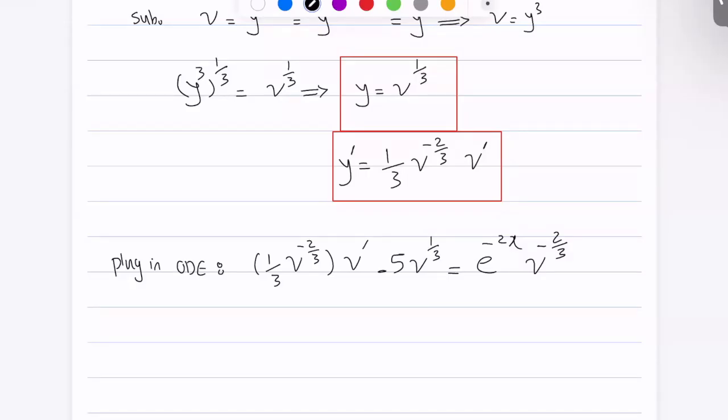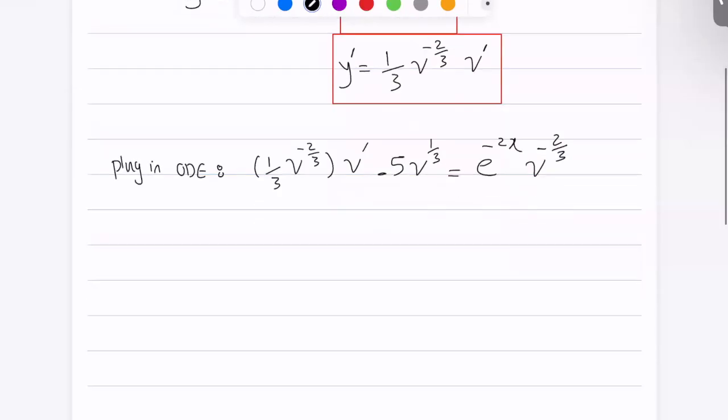And what's special about this? Let's see if we can simplify this a little bit. Well, I can see that I can divide both sides by v to the negative 2/3. Or basically, you can say it like this: multiply by v to the positive 2/3. And what we get is 1/3 v to the